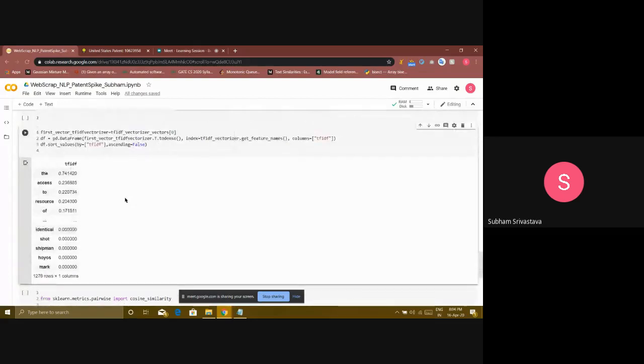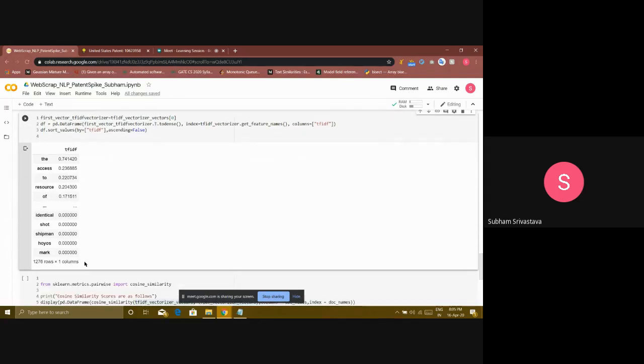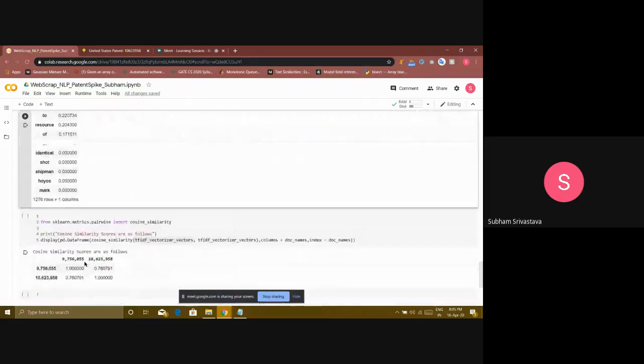One thing you should understand, these all 1 2 7 6 rows into one column you must have seen. So both the documents will have the same number of dimensions, you have to understand. And this TF-IDF is the one which is calculating what will be the score of that particular word vector. So that is how it is distinguished, but of course the dimensions should be the same for both the documents or any number of documents that we cater to.